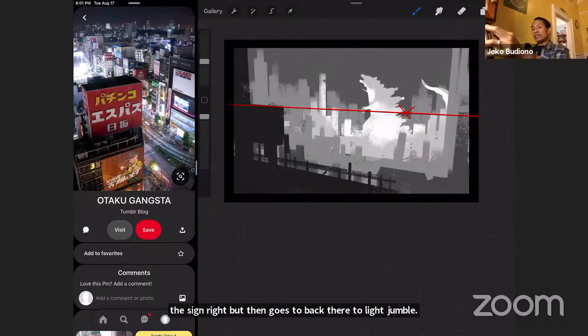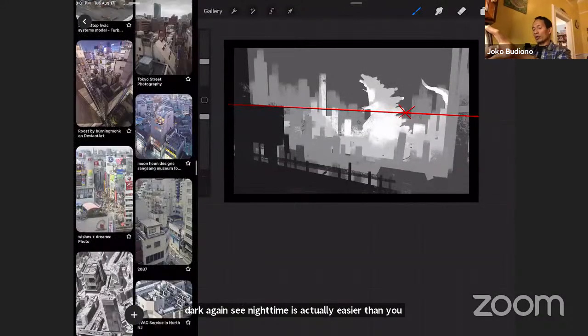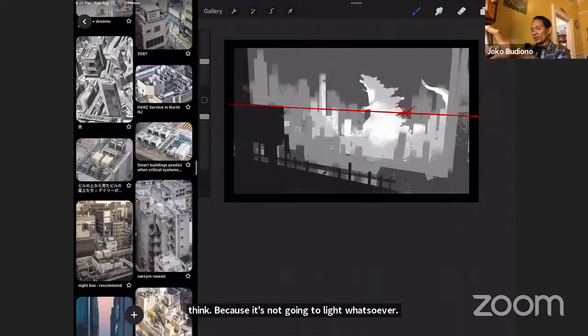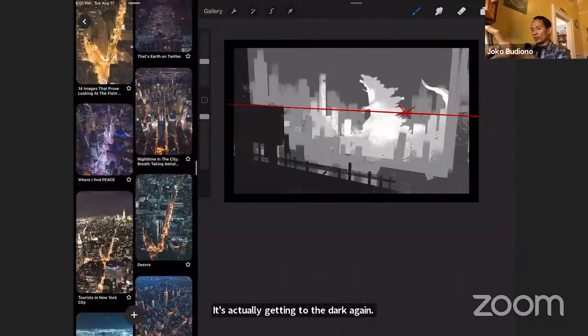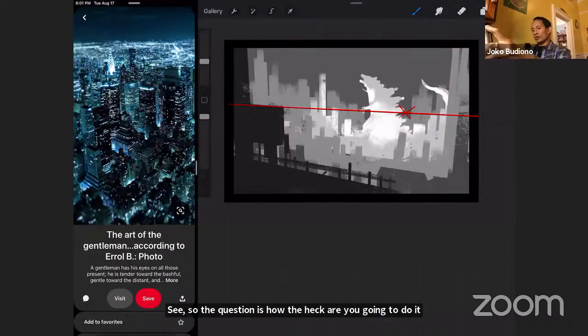So, and then see, the sky is going to go to the dark again. See, nighttime is actually easier than you think, because it's not going to the light whatsoever. It's actually getting to the dark again. So look at that. Oh, that's beautiful. See? So the question is, how the heck are you going to do it, right? Okay. So I'm going to do...